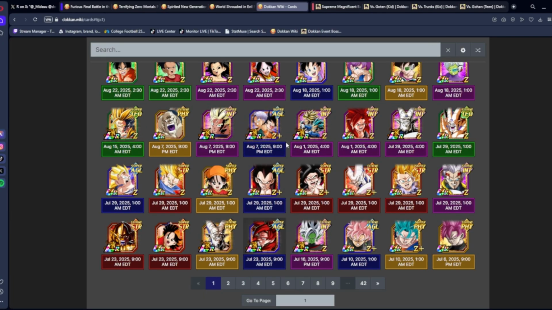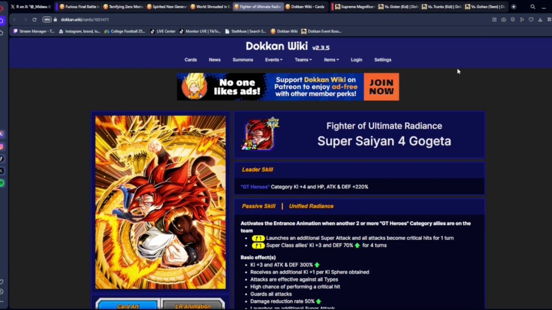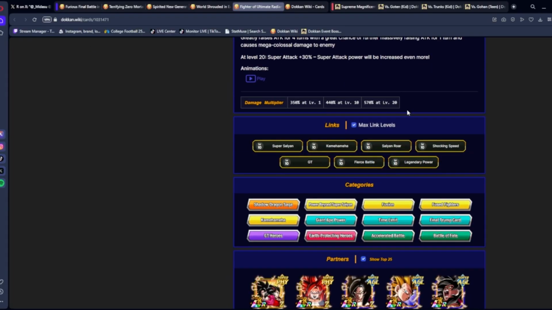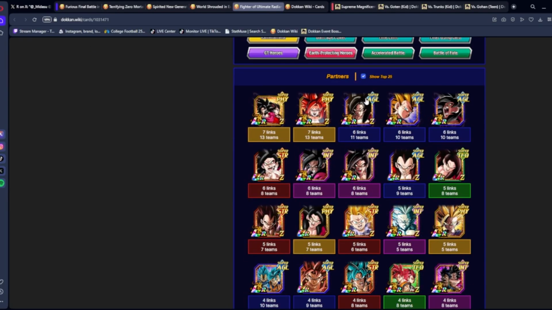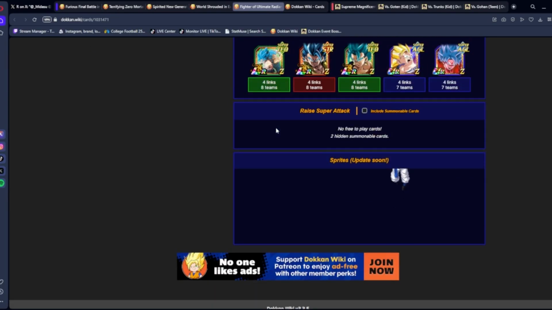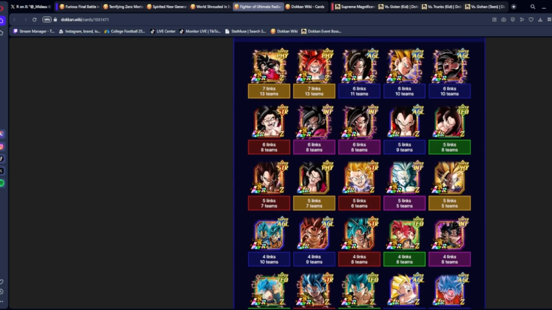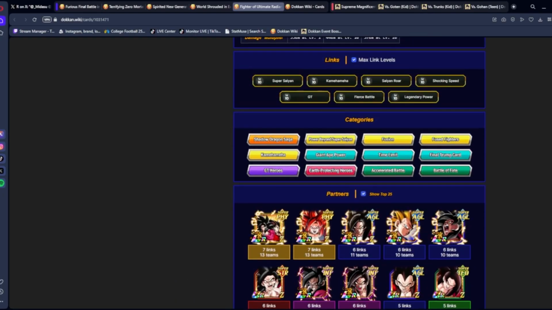And I'm sorry guys, in this difficult event, it's either Omega or you're running a full pure Saiyan team with the 10th anniversary LRs. It's that simple. This is kind of the meta that we're going into. Every premium character has a chance to shine. The last event before this,